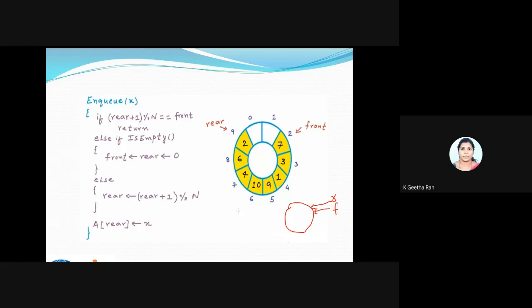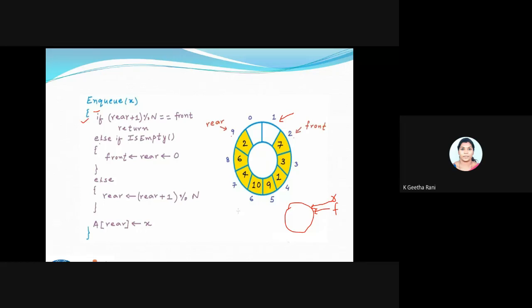You can just cross verify it by using this value like 9. Here my front value is 2 and my rear value is 9. When my rear value comes here, then I will say my array is filled. That is my first if condition.